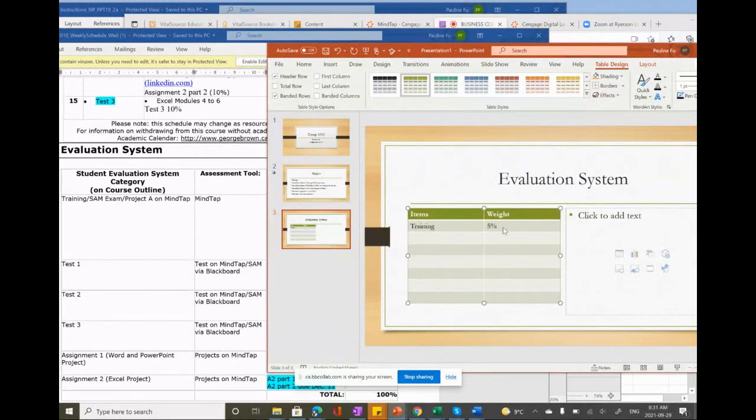Total training is 5%. Each time you do training, 0.5%. We have 10 modules. We have some exam, 5%. Each module is 0.5%. And each module we have project A. There are 10 modules, so you have 20% for project A. Okay, and then we have our test